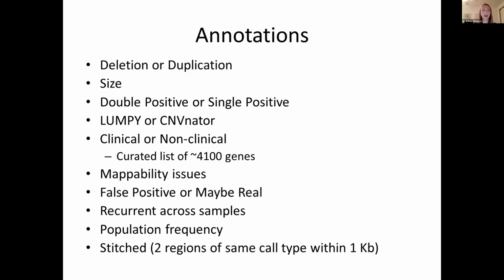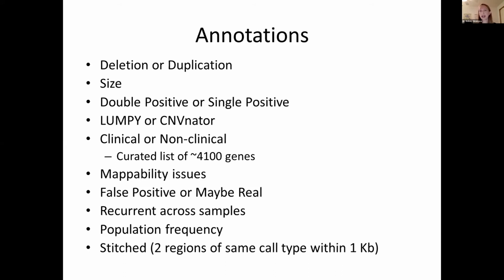So our annotations, of course, whether it was a del or a dupe, what the size of the variant was, whether it was a double positive or single positive, meaning was it called by both LUMPY and CNVnator, or by LUMPY only or CNVnator only, which algorithm called it, whether it overlapped with a curated list of about 4,100 genes that we know are clinically significant and we already interrogate on our targeted sequencing panels clinically, or whether it overlaps with a gene that is not known to be clinically significant, whether there are any mappability issues for that region and how much of the region of the call has a mappability issue, whether it is a false positive or maybe